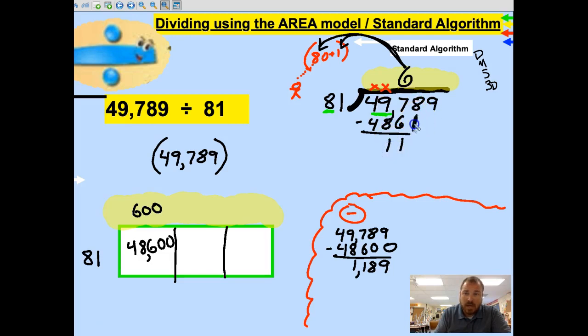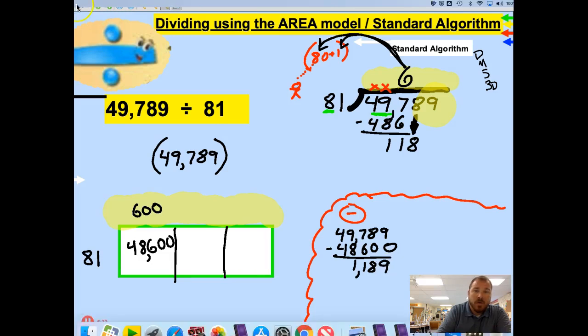And then we'll bring down this next number, and you'll see that our front ends are the same. We have a 1 and an 8, a 1 and an 8. What's nice about the standard algorithm is that it kind of shortens it up, it abbreviates it. But that 9 is right here, just like that 9 is right here. For our purposes, though, we're going to leave that